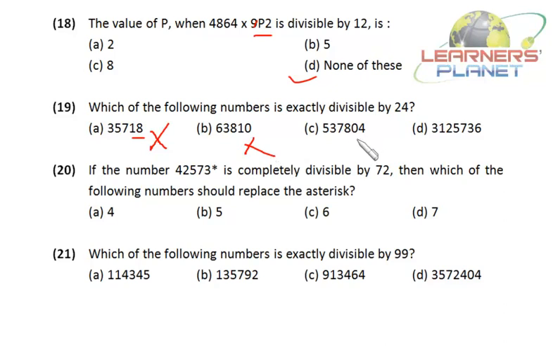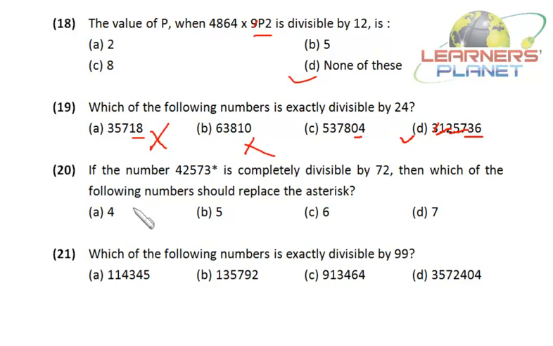In this case, 804, that is 04 is divisible by 4. Now let's check it for 8. So it is not divisible by 8. Now let's check for 736. 36 is divisible by 4, and 736 is divisible by 8. Okay, now let's check it for 3. 3 is divisible by 3, 2 plus 1 is divisible by 3, 5 plus 7, 12, that is divisible by 3, and 6 plus 3, 9, that is also divisible by 3. So this number, that is 3125736, is divisible by both 8 and 3. That means it will be divisible by 24.